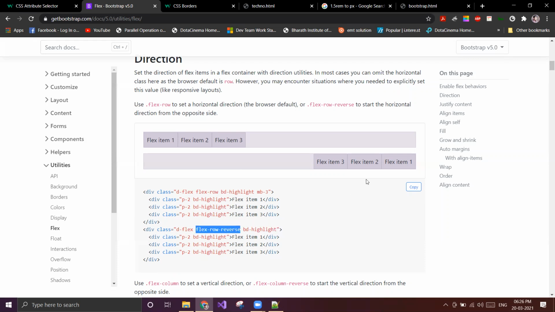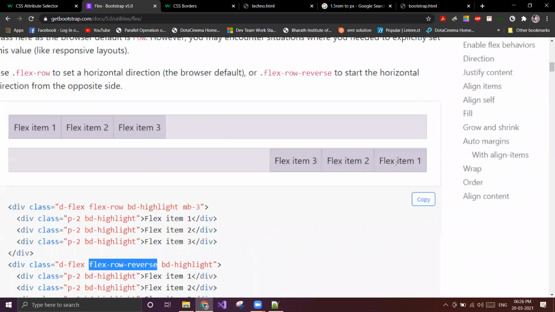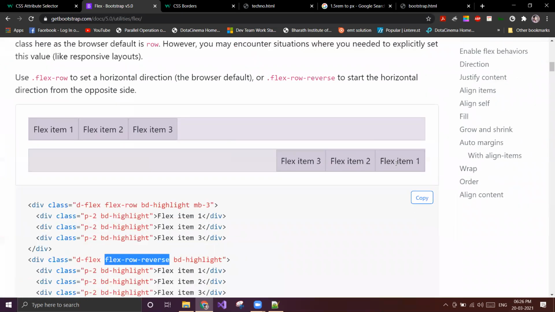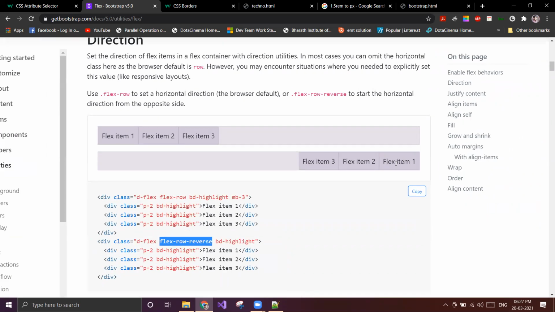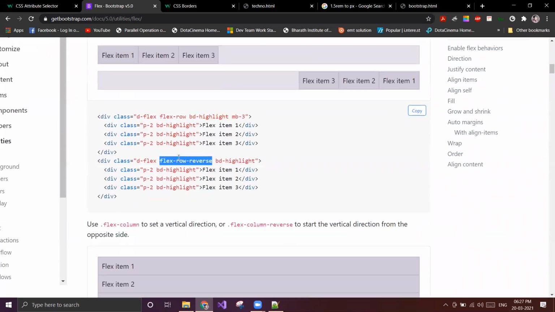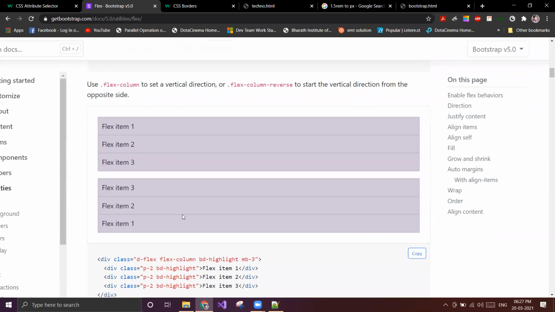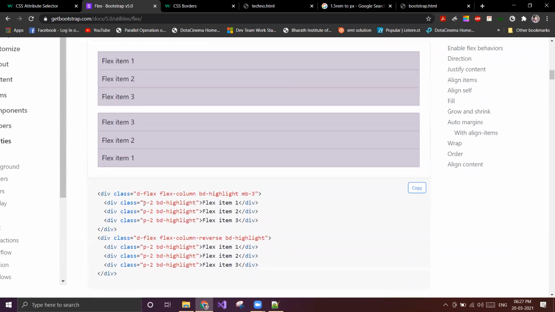What will happen? And this happens. This is the reverse. We saw this that day, right? But we saw this with pure CSS. But how to do it using Bootstrap is this. So d-flex flex-row, d-flex flex-row-reverse, d-flex flex-column, d-flex flex-column-reverse. Okay. So we'll directly use the class here. No need to write any styles.